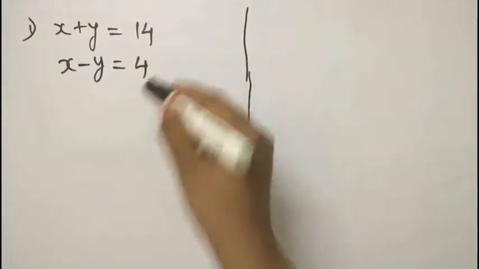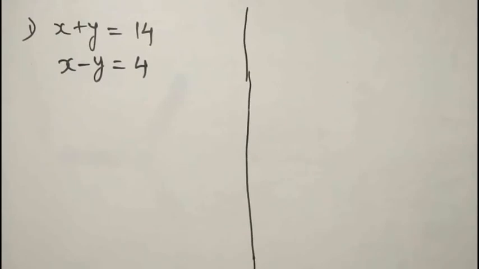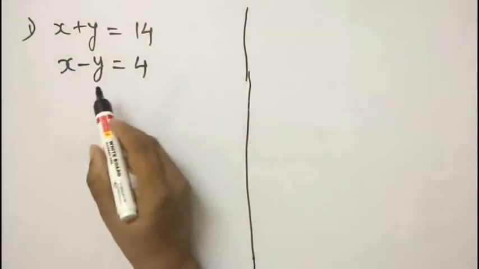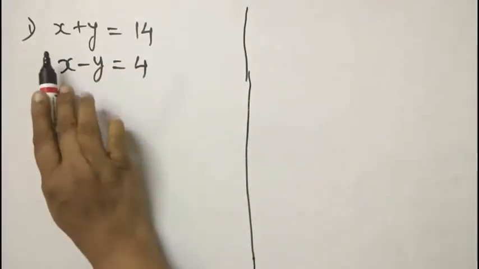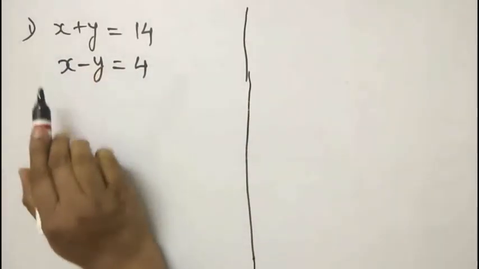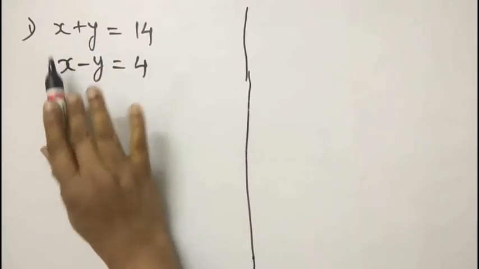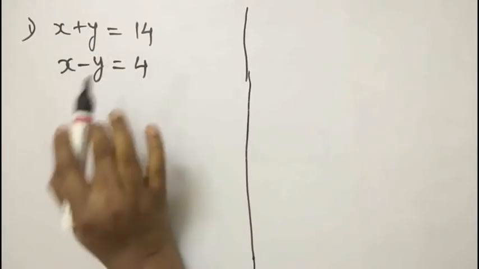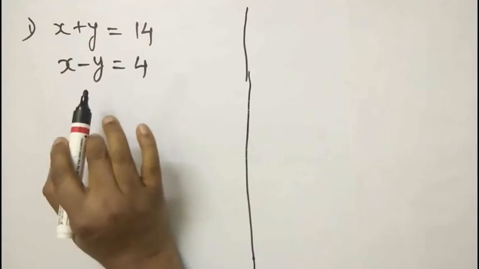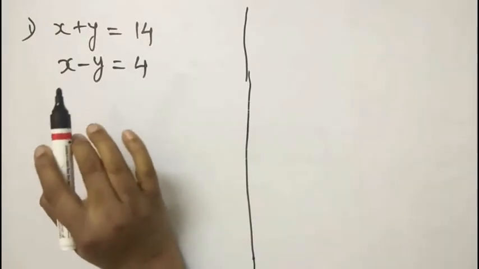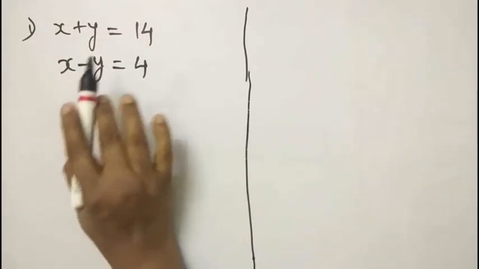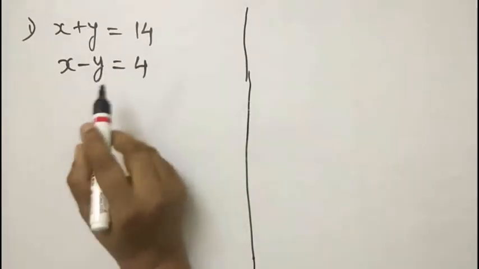Suppose these two pairs of equations are given and we are asked to solve them using the substitution method. If you observe here, in the place of a1 it is 1 and a2 it is 1, b1 is 1 and b2 is minus 1. So a1 by a2 is not equal to b1 by b2. These are intersecting lines. On seeing the equations themselves, we have recognized it. These two lines are intersecting lines. Okay, let us solve now.